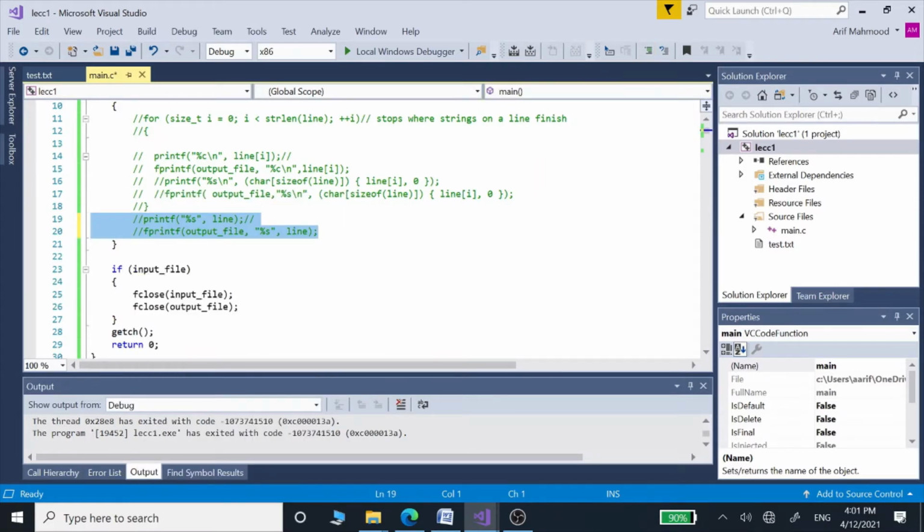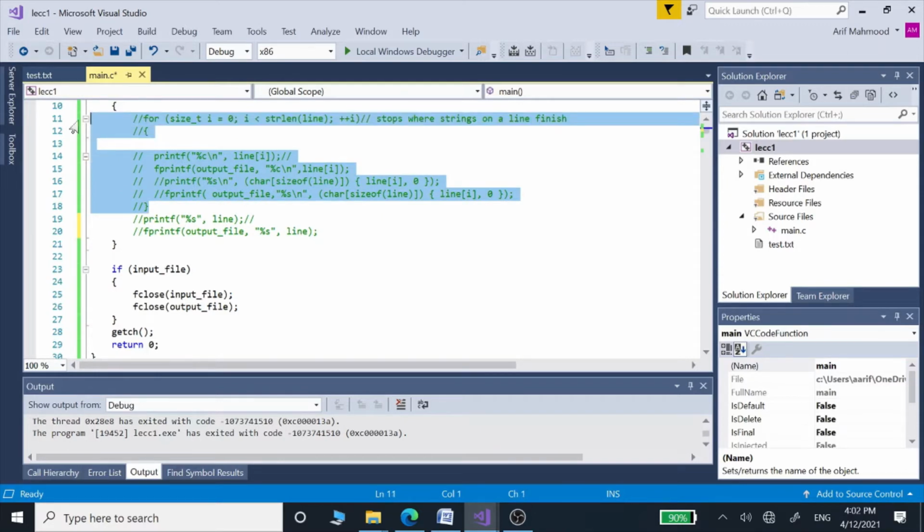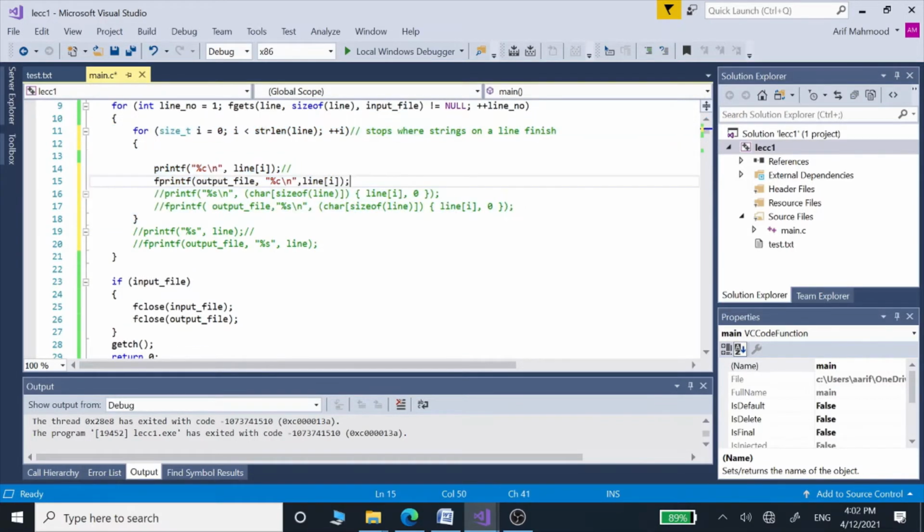And we are going to include these code lines into our file, which is another for loop. This for loop is going to use the string length function, and for each line we are going to separate those characters one by one.